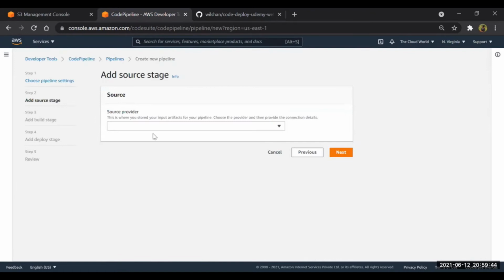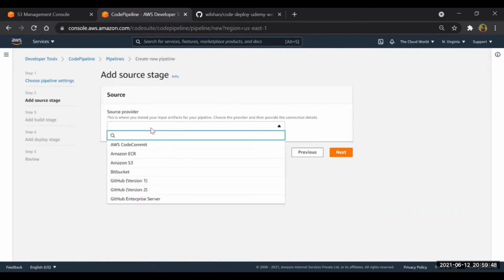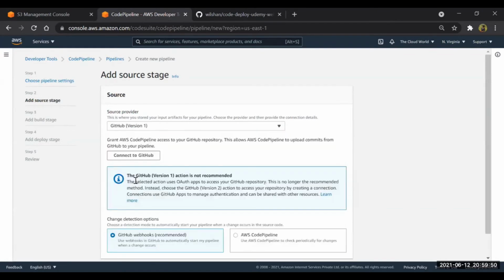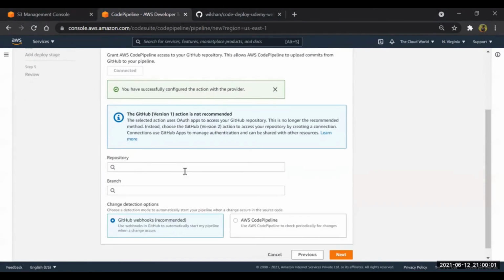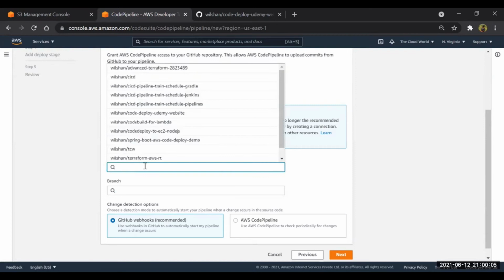Click on next. Source provider. Guys, what is our source? I have kept my code inside GitHub, so I'll keep it GitHub. I'll connect to GitHub, so it will not ask for a password from me because I have already connected. So yeah, it's successfully connected to GitHub. I'll go to the repository.